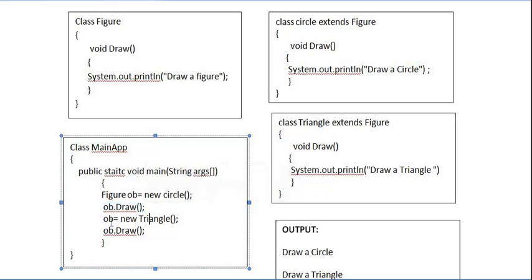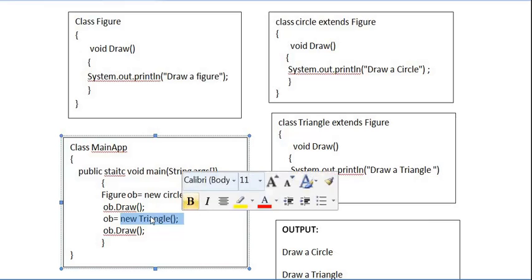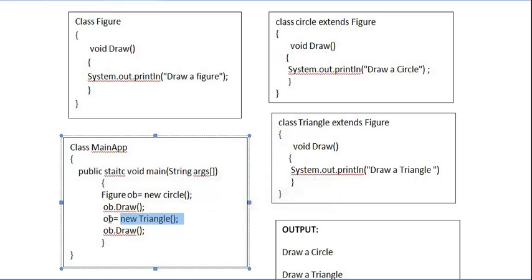Coming to the next statement. The ob is an object of type Figure only, but it is now reinitialized to what? An object of type Triangle class. So now the present object ob holds an object of type Triangle class. If you call ob.draw, it will execute the draw method of Triangle, which will display draw a triangle.